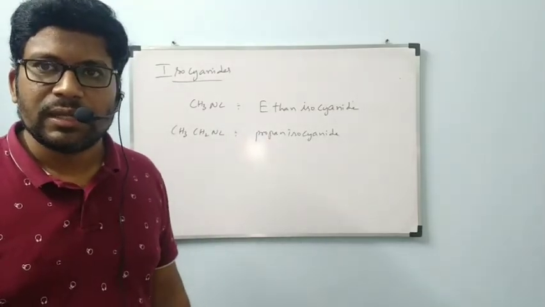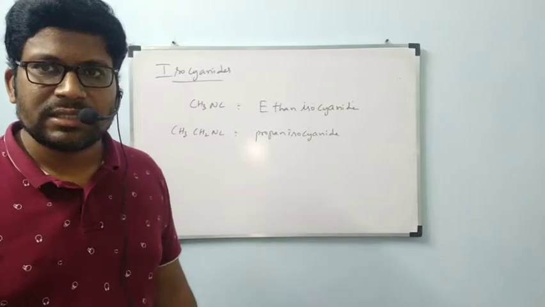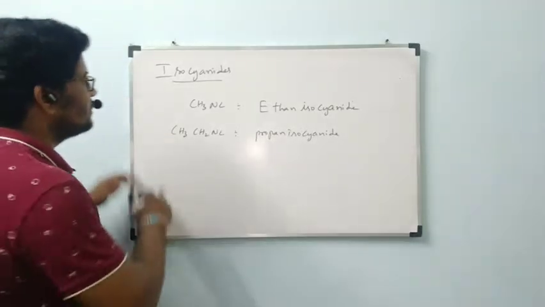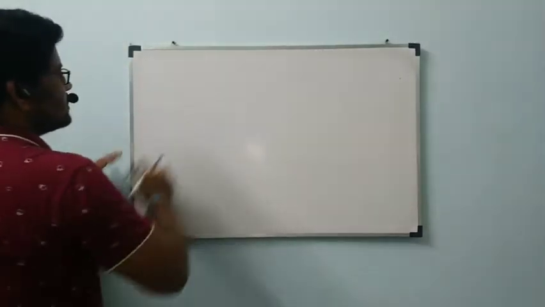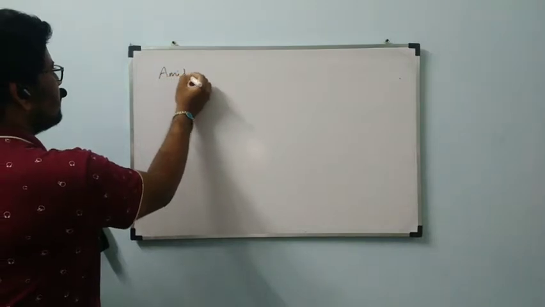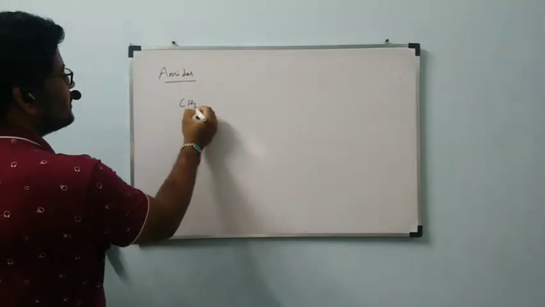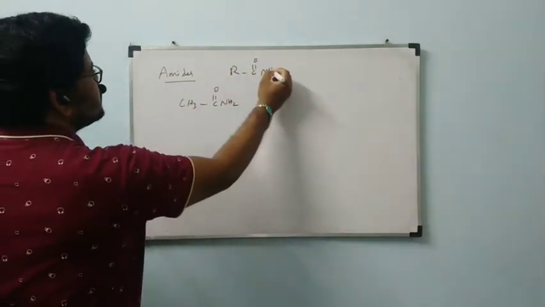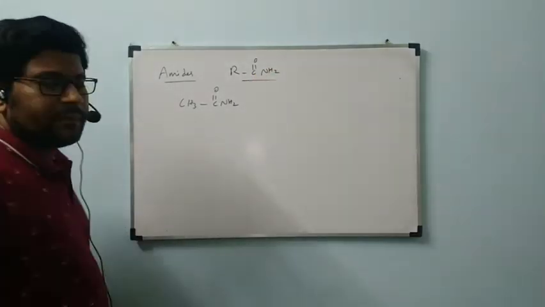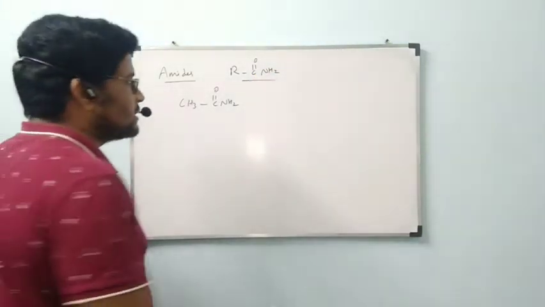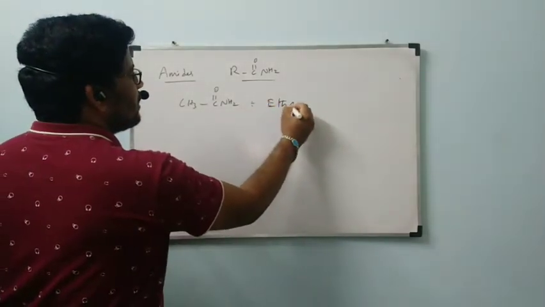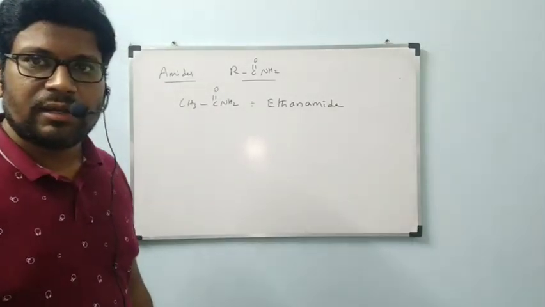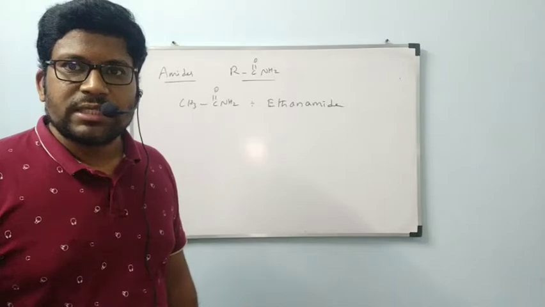This is enough. Sulfonic acids and thioethers are not regularly coming functional groups. Next we will go for amides, the last one. Simple amides are also simple. CH3C double bond O NH2, generally represented by RC double bond O NH2, amides. How many carbons does this amide contain? 2 carbons. The name of this compound is ethanamide.